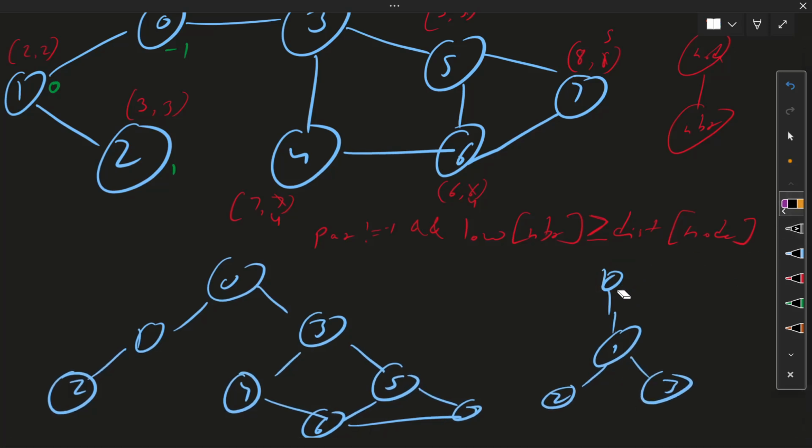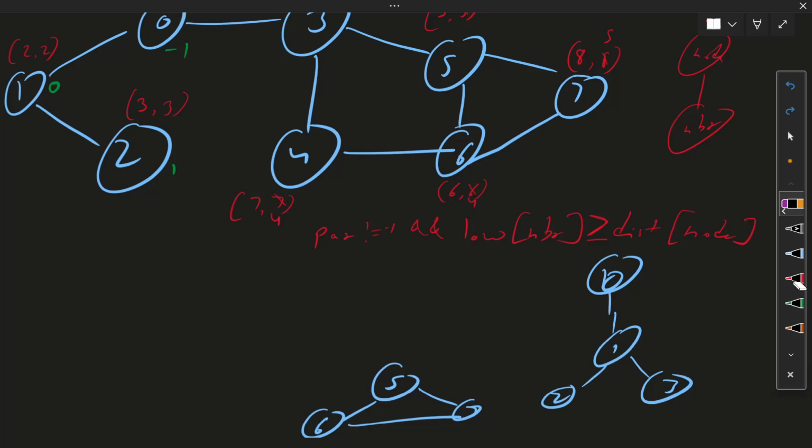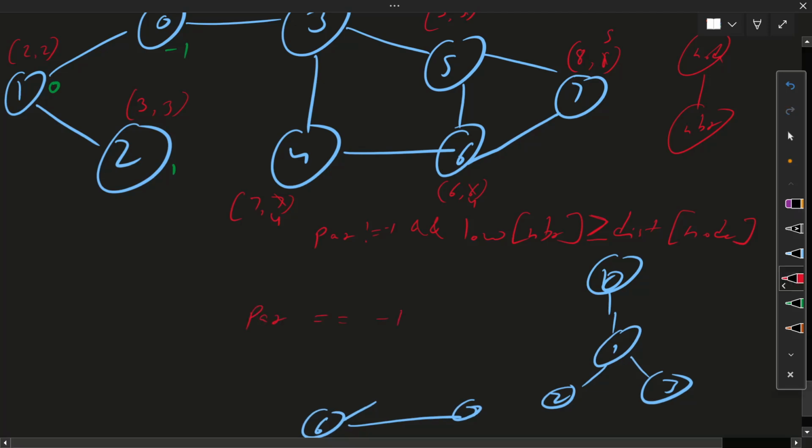But what if we only have a single child? If there's a single child, even if I remove my root node, it does not divide the graph into two or more components. So it will only be the case if this is my root node, parent is equal to -1, and children is greater than or equal to 2.